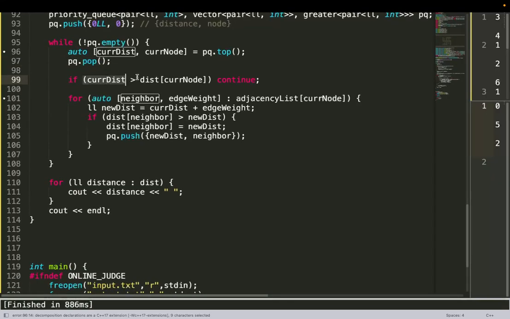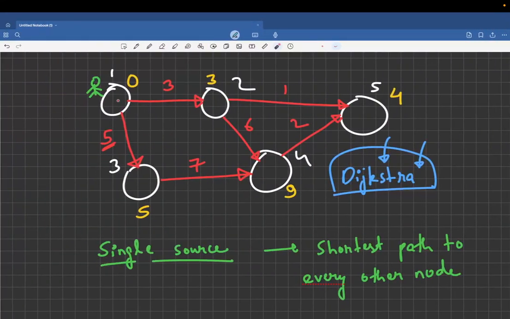Now if my current distance is greater than whatever is the shortest distance to reach this particular node, it may be that, first of all, when you came over here via this path, you followed this path, you came over here, then for node 4 you pushed the distance 12, you pushed it in the priority queue. It may be that in future you would have followed this path and then reached over here, and the shortest path was 9, and you would have definitely got this one at the top, and you would have already processed this.